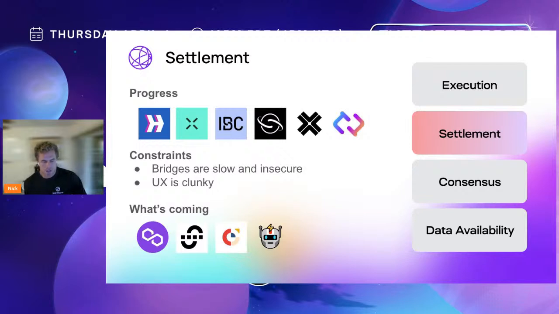And also, I didn't mention this idea of chain abstraction, but basically, if there's a million rollups, you can't expect a user to manage a million different wallets or accounts across all those different rollups, right? And if they're trying to do something cross chain, you don't want them to sit there, wait for the first transaction, then go to the next chain, do the next thing, and so on. You're going to want them to just send one thing, have it all happen behind the scenes and get done.